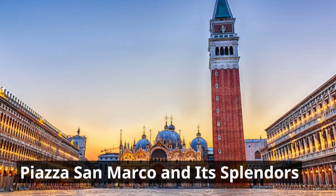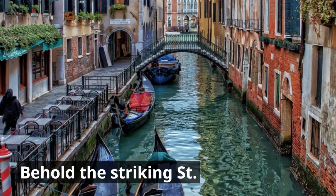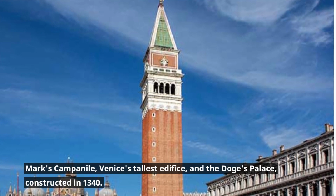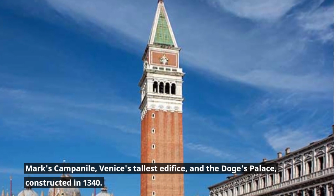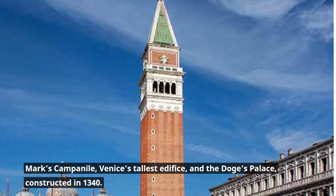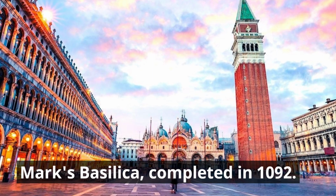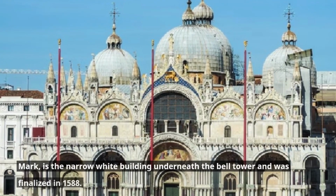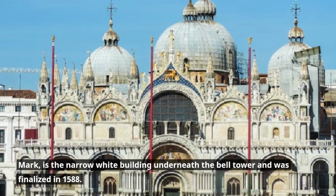Piazza San Marco and its splendors. Behold the striking street. Marx Campanile, Venice's tallest edifice, and the Doge's Palace, constructed in 1340. Directly behind is St. Mark's Basilica, completed in 1092. The public library, the Library of St. Mark, is the narrow white building underneath the bell tower and